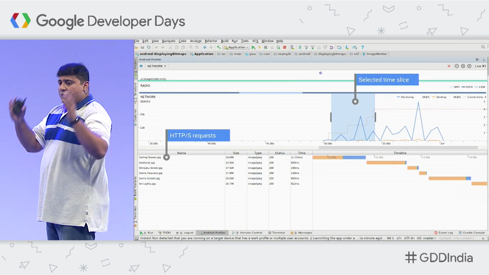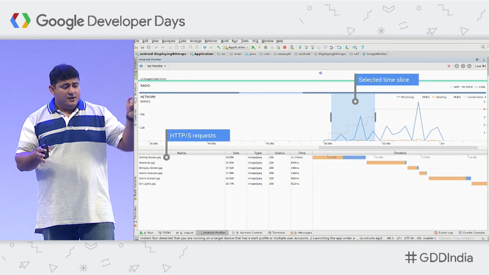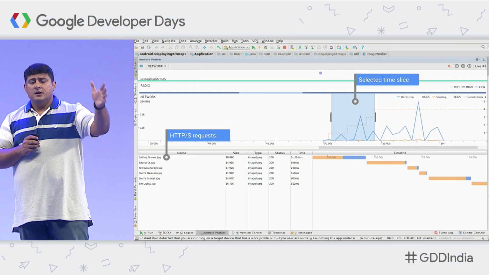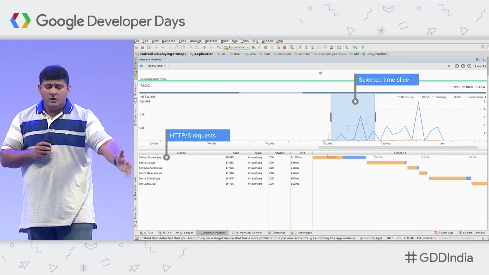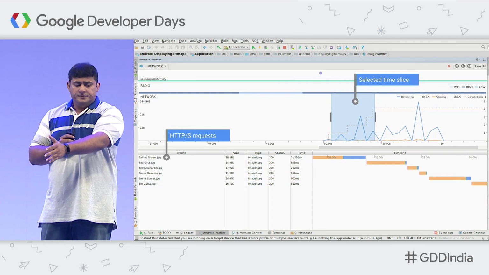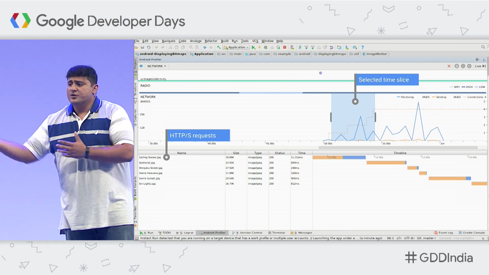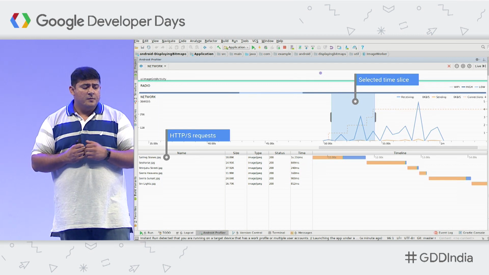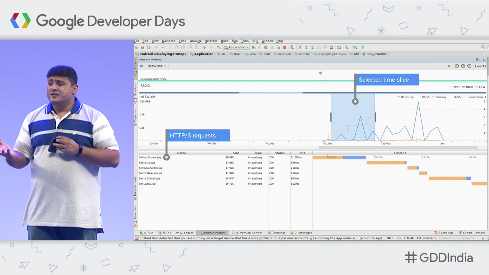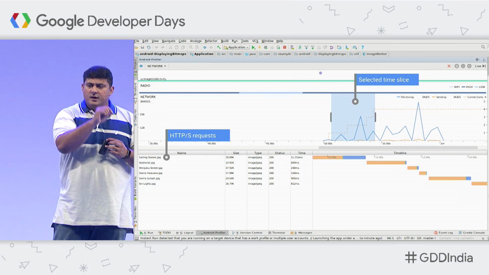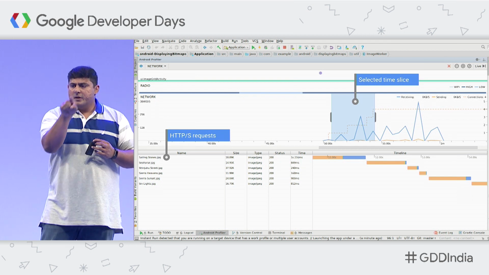Like all the other graphs, you can take a time slice of this and look deeper into it. When you take a time slice, every HTTPS and HTTP request is shown, visualized with a timeline next to it. They will tell you what type of network call it is, what you actually requested, the MIME type, what the size of that request is, and how much time it took. So you can literally go in and see, hey, I want to optimize this one network call.